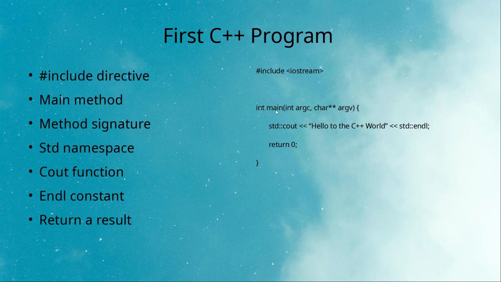If you look at the main method signature, its return data type, the data type in the beginning is int for integer. So this means that this method must exit by returning something. If you don't have anything to return for an integer value, you can return a zero over there, right? So we are returning a zero. If there was an error in the program, we might want to return an error code or a negative number or something different in that case.